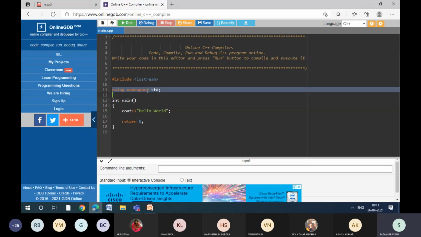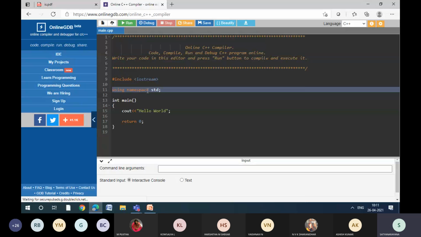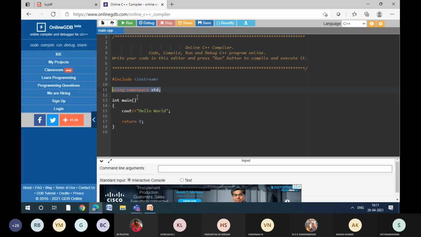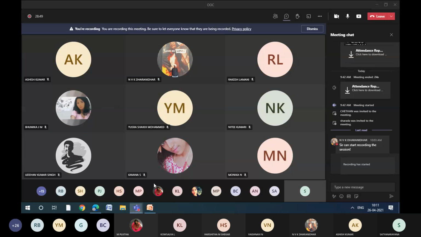Can any one of you tell me what this is? Any idea what this using namespace std is? Those who studied C++, any idea? I think someone studied C++, right?